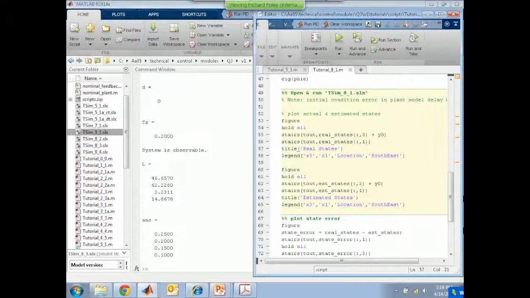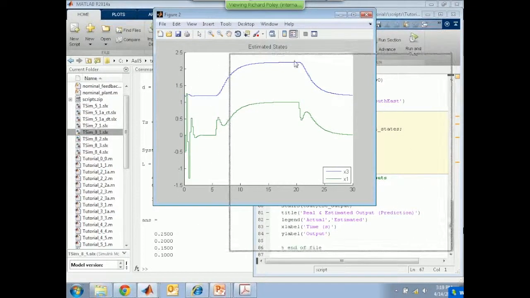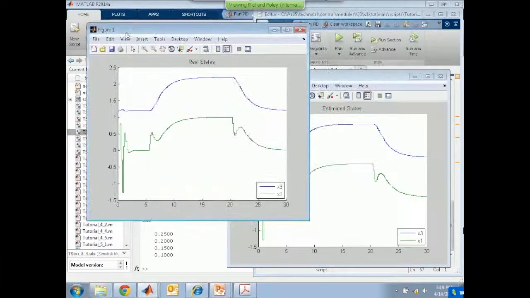What we'll now do is some plotting. We'll plot the output of the real states. So the real states that I'm looking at here are the mass positions Y2 and Y1, right? And I'm comparing them in a different figure with the mass positions M2 and M1 again. So Y2 and Y1, these are real and estimated positions. Let's see what they look like. Well, there are the estimated states, which are actually mass positions. And here are the real states, and they look, don't they, surprisingly similar.